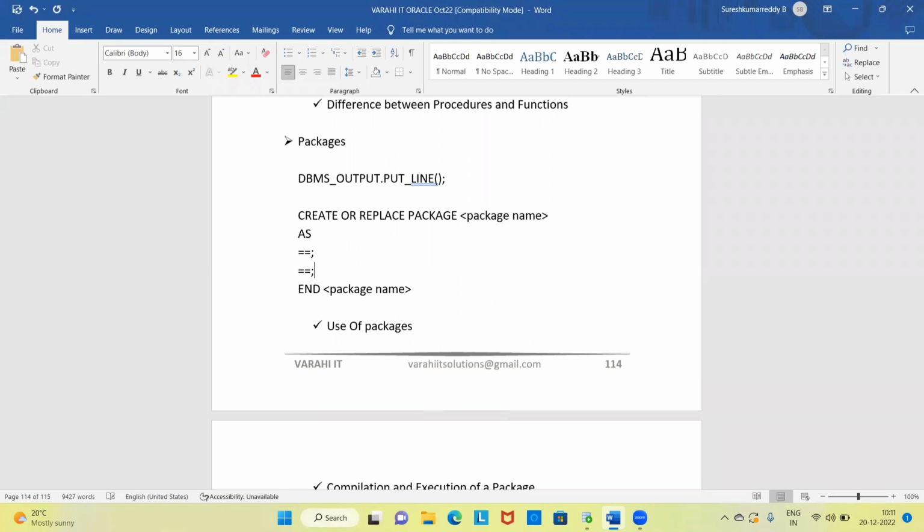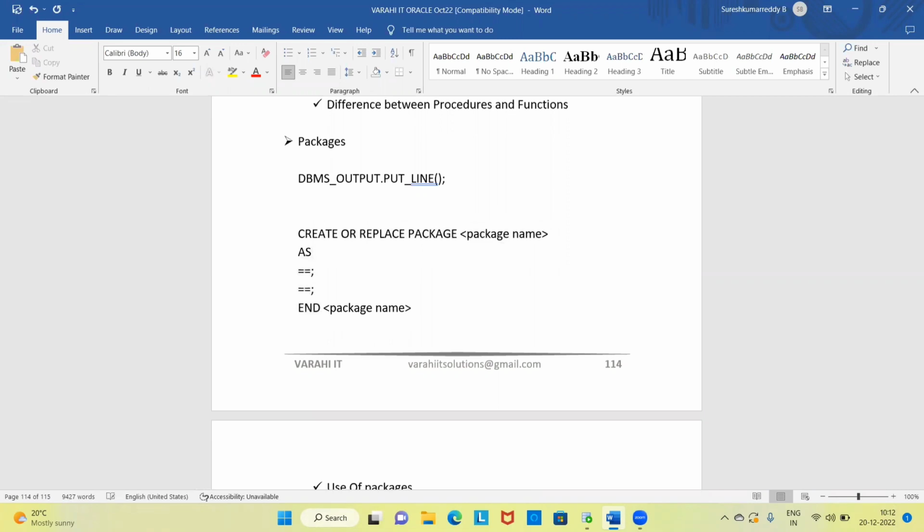Okay, so here I'm not going to write the code of those procedures and functions. I'm just going to tell these procedures and functions I'm going to write. So means I'm just going to name them. I'm just going to tell this function, this procedure I'm going to write. That code will not be in this place. So it's nothing but package